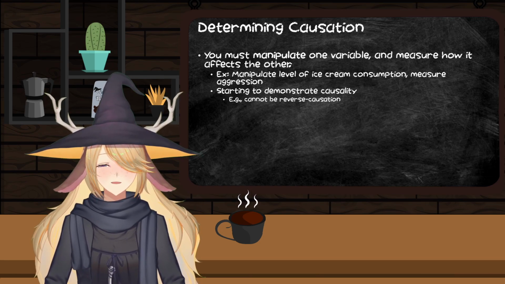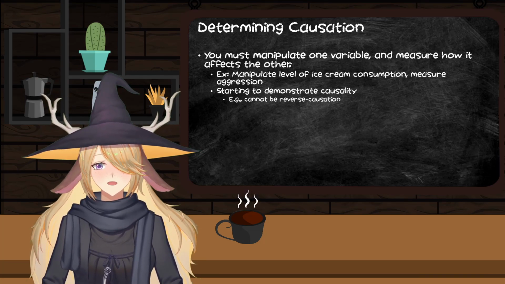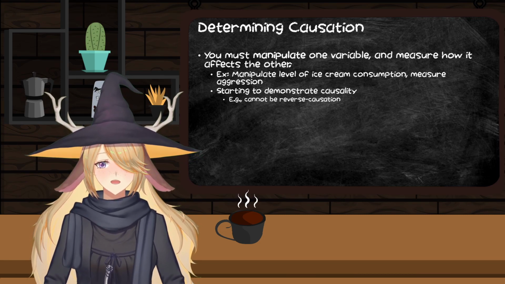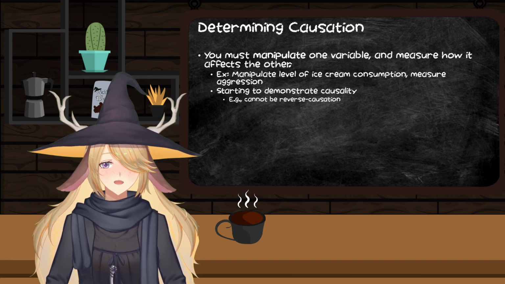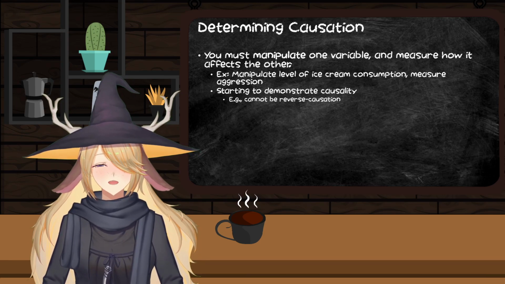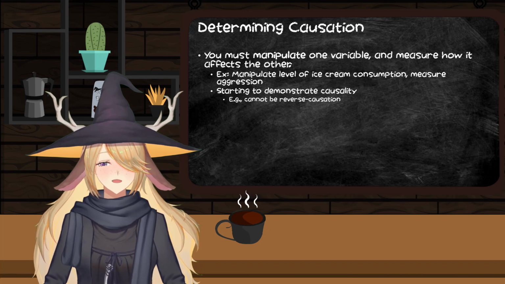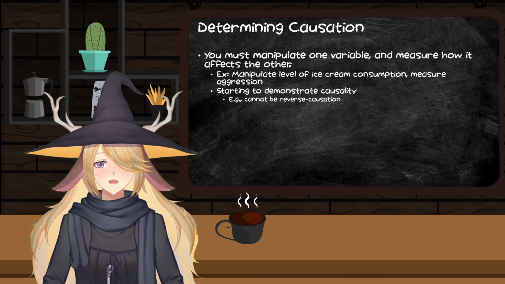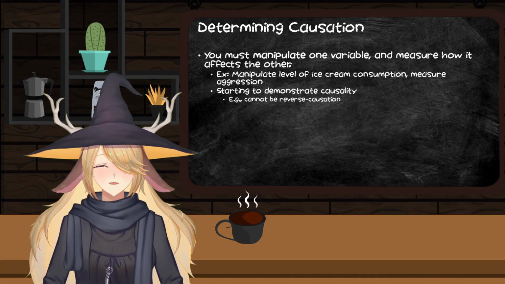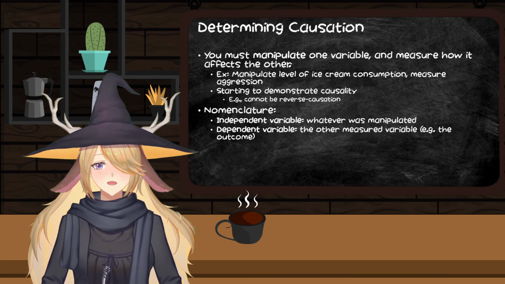So we might not be able to manipulate ice cream sales, but in a laboratory environment, we can manipulate the amount of ice cream that a person consumes and then measure aggression. And in doing so, because we're manipulating one variable A, in this case the ice cream consumption, and we're measuring its influence on another variable, we can't make the argument about reverse causation because we are changing one deliberately. In this case, we would call this an independent or a dependent variable.